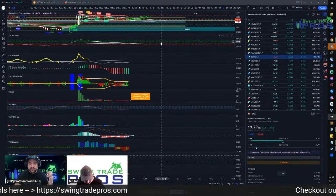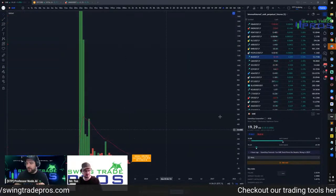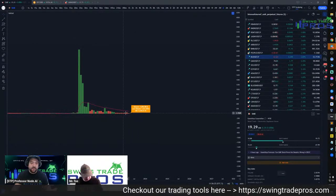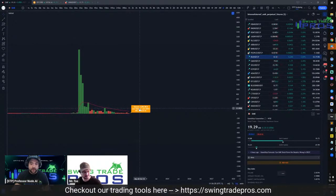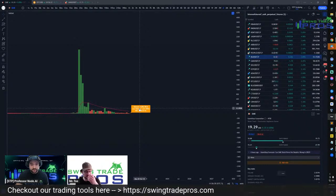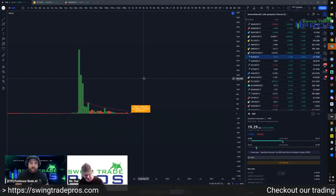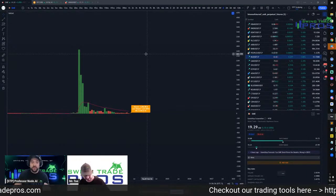Okay, those three things have been met. Look at the volume. The volume is completely receding. What happens after you get completely receding volume, guys? When the asset's in an uptrend, this is in a big bull flag, right? It's in a big flag. Going to blast up. The volume is going to start picking up towards the bottom of a structure,